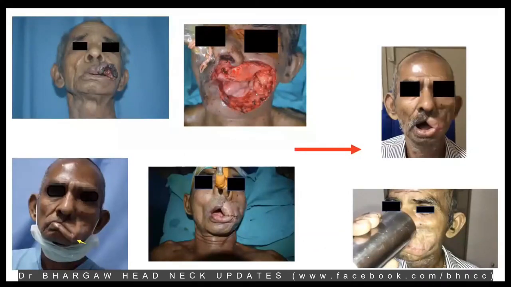If the patient had a cancer of the buccal mucosa or the lip and then had a reconstruction, and if he has macrostomia, that's a large mouth, then commissuroplasty would help to narrow the opening and help to have a good seal. You can see in this particular patient, he had a large flap put in, but he had a macrostomia and is dribbling saliva. Once they had an appropriate commissuroplasty surgery, he was able to drink without any spillage.